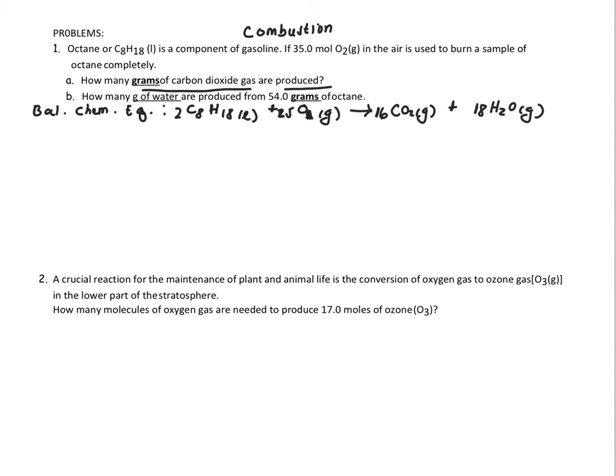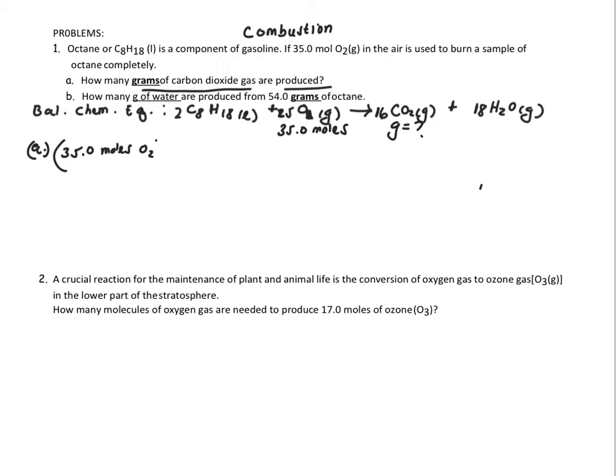In this problem, we're given the moles of oxygen, which is 35 moles, and we need to find the grams of carbon dioxide produced. So let's go ahead and solve for problem A. We start off with our 35 moles of oxygen,